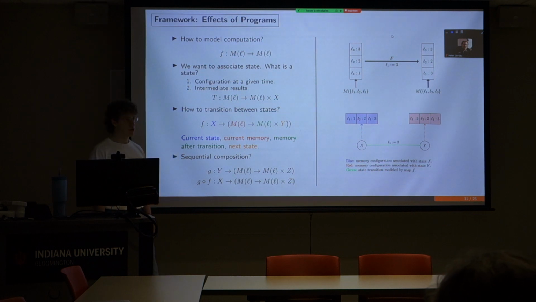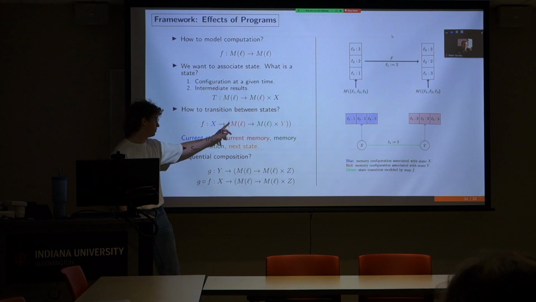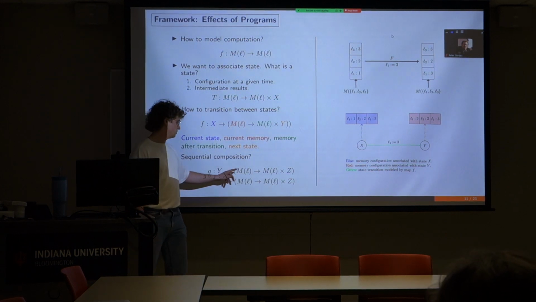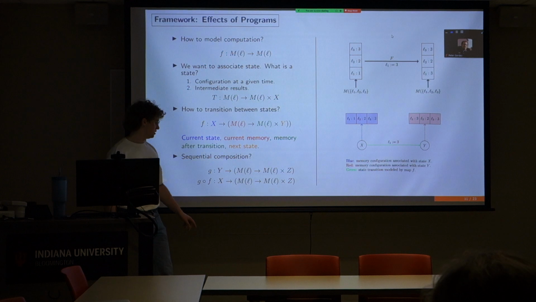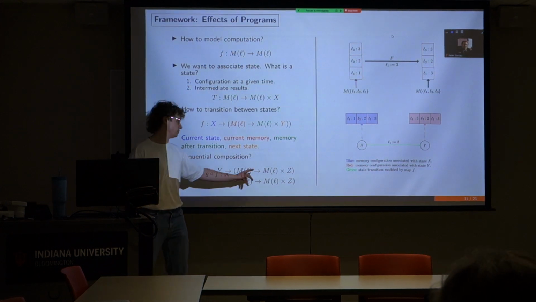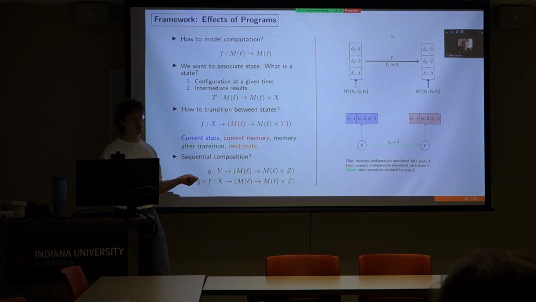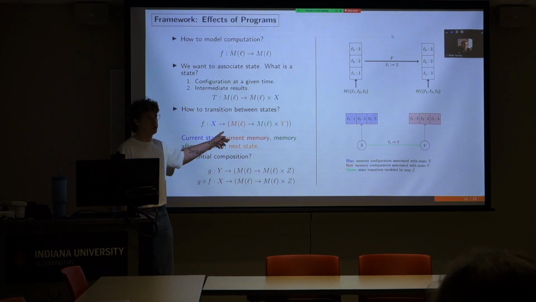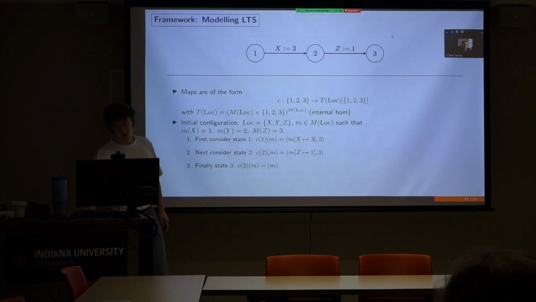And we can also chain these state transitions in a certain way. So let's say that we have, apart from the map F, also a map G that goes from the memory state Y to a new memory state Z. Then we can compose the two together to go directly from the memory state X to the new memory state Z, and it also takes into account the change steps in the memory here. For those with some background in category theory,